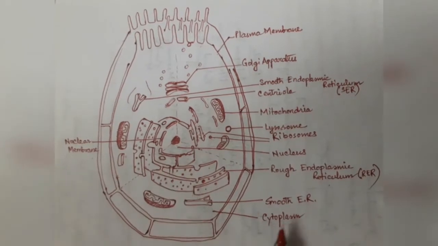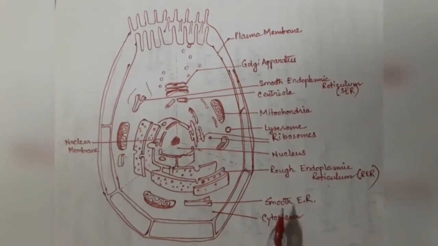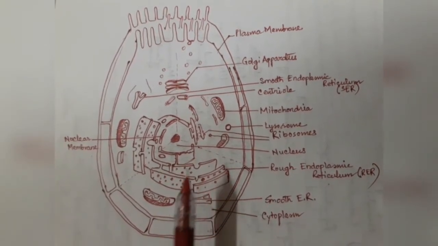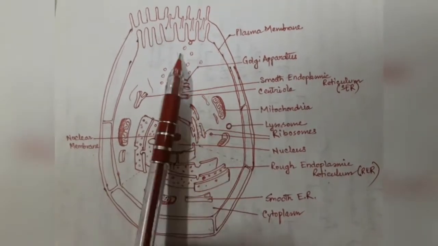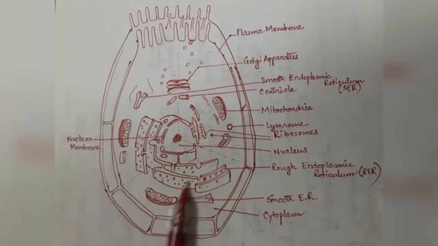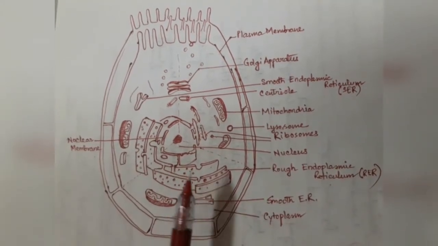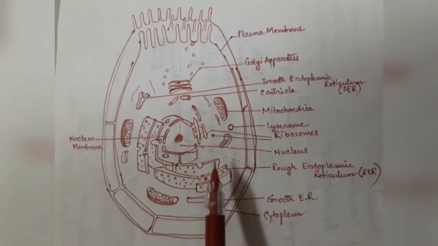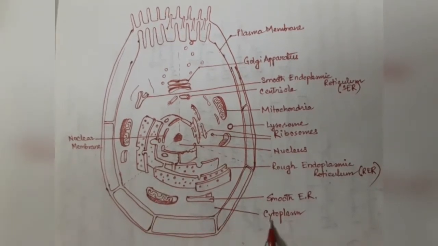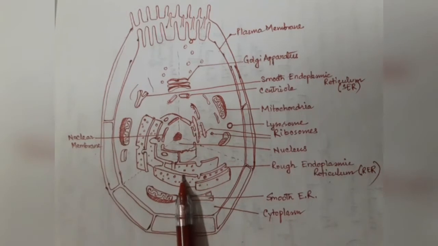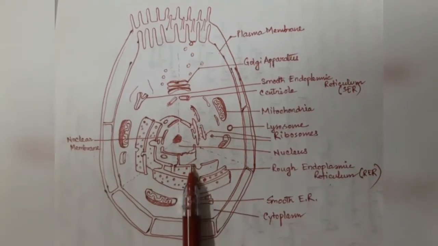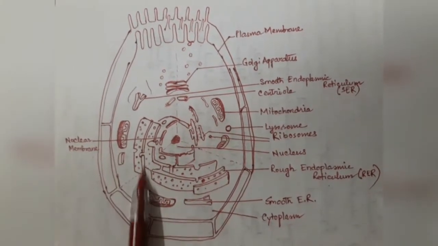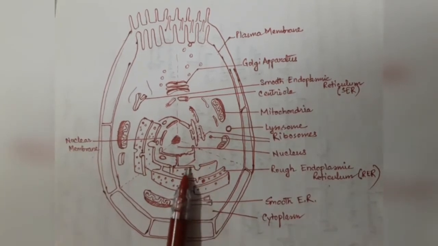Next important thing is that the cytoplasm can be divided in two parts. First of all is the matrix part, the liquid fluid part, right? And the other part is cell organelle. We talk about mitochondria, we talk about endoplasmic reticulum. These are also parts of the cytoplasm only. So that's why cytoplasm is divided in two parts: cytoplasmic matrix, the jelly-like, fluid-like part, and the cell organelle.